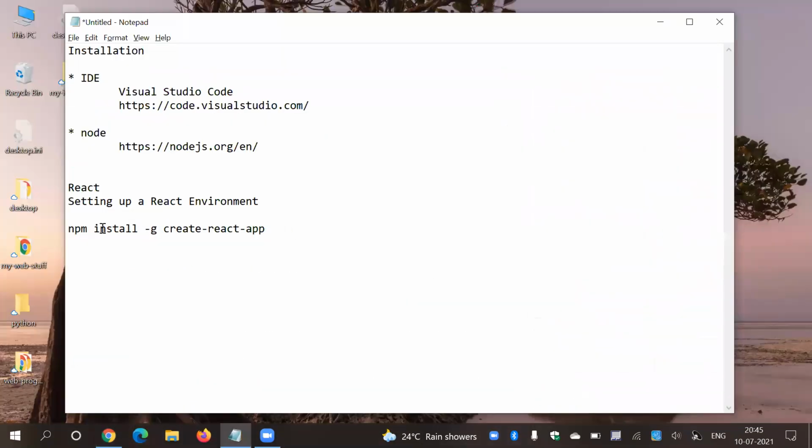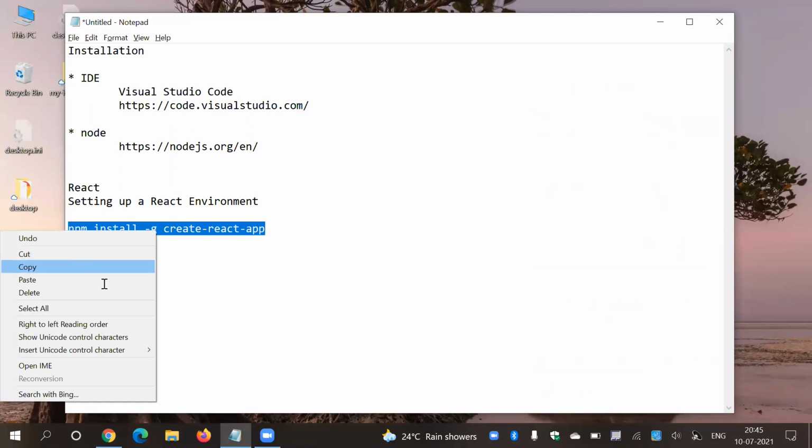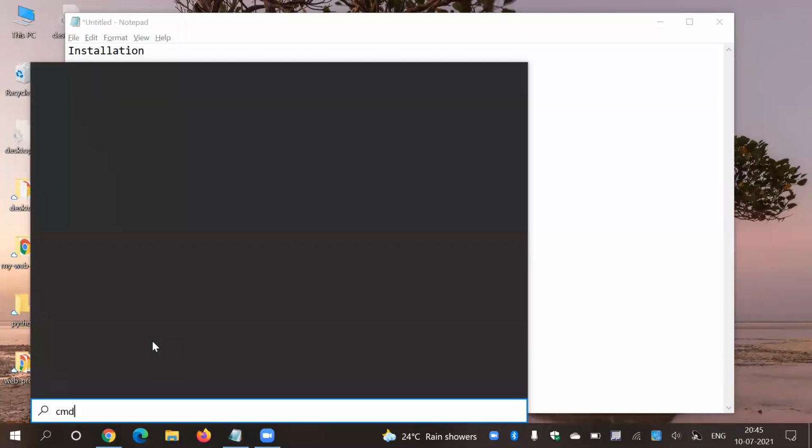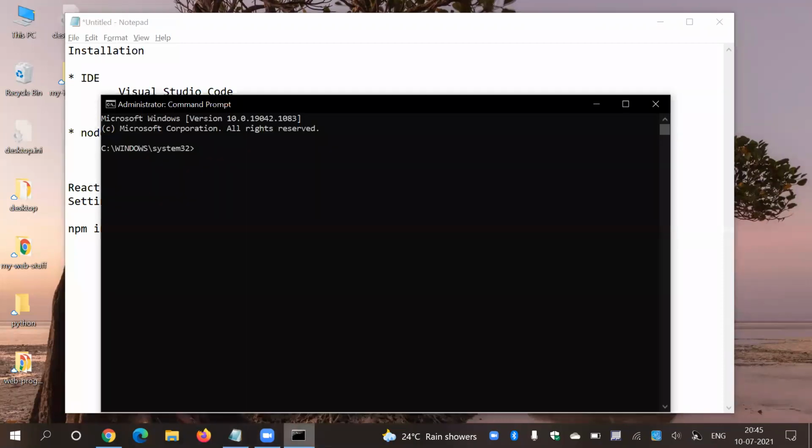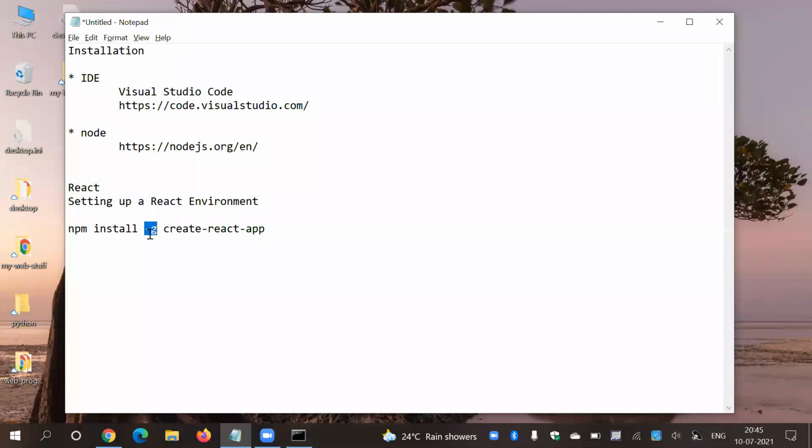So let's copy this command from here and open your terminal. If your command contains global as an argument, you can execute this command anywhere, from any folder, any directory. But if it is without -g, just keep in your mind you have to execute it in your root folder, your project folder, inside your project folder.